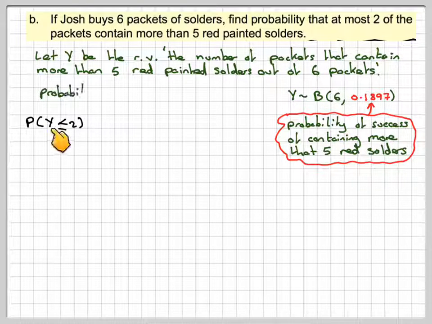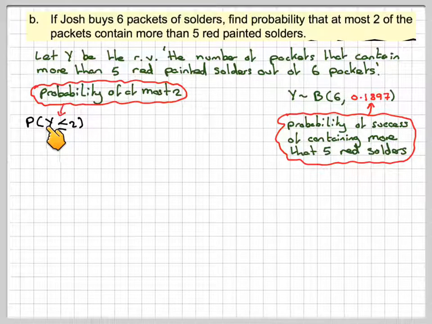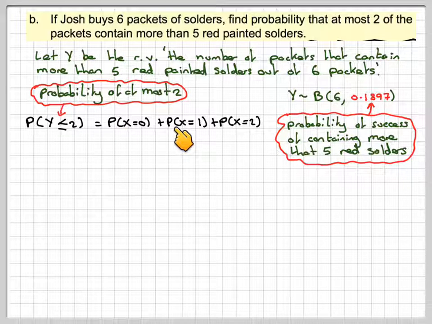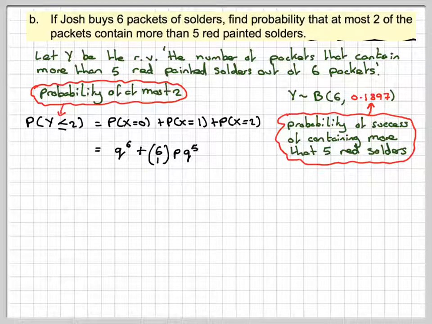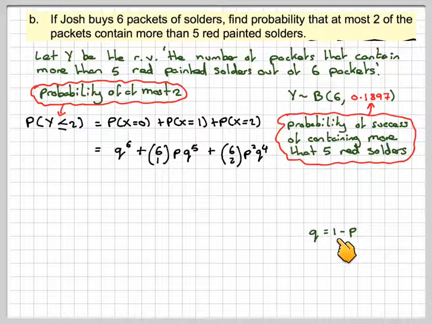The probability of success is containing more than 5 red soldiers in a packet. We want at most 2, so we want the probability that Y is less than or equal to 2. Now we'd have to find that from the probability Y is equal to 0 plus the probability Y is equal to 1 plus the probability Y is equal to 2. Now we've got some technology, but maybe in an A-level exam you don't have the technology, so you would have to do q to the 6 plus 6C1 p to the 1 q to the 5 plus 6C2 p squared q to the 4. Q will be 1 minus p,